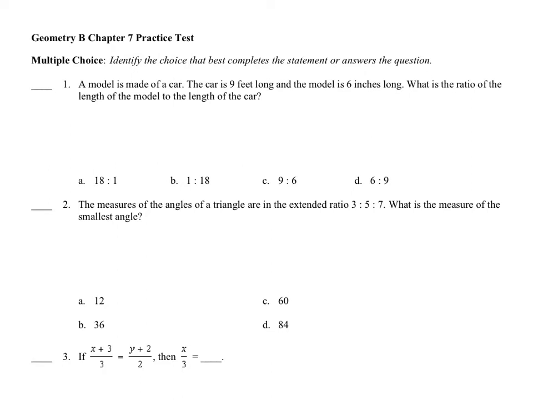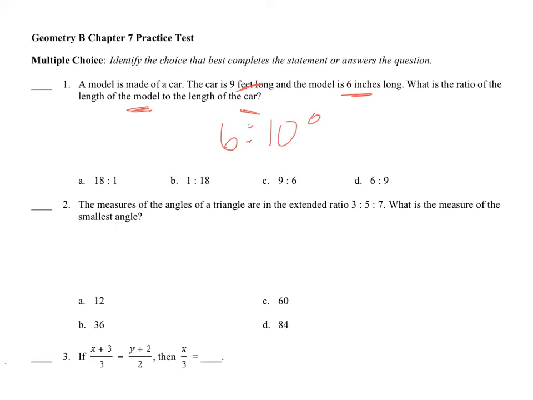First one, a model is made of a car. The car is 9 feet, model 6 inches. First thing I notice is that units are not the same. So I know I'm going to have to change my feet into inches so that they are the same units. The other thing I'm going to notice here is that it's asking for the model to the car. So model should go first. So the 6 should go first. And then changing it to inches would be